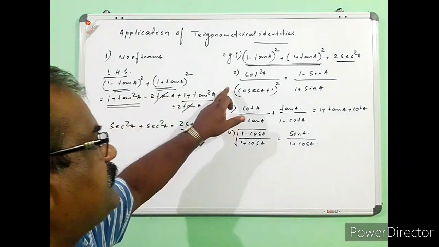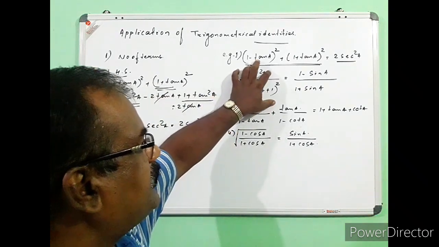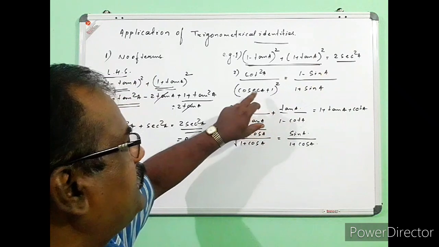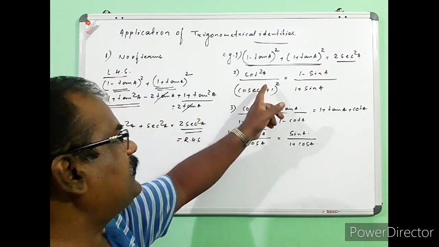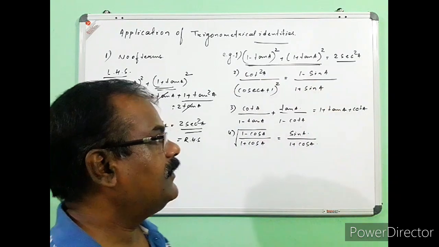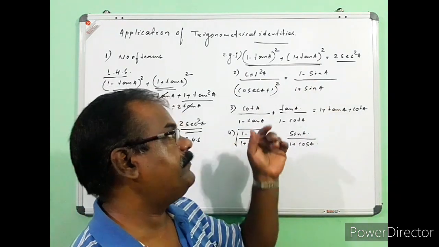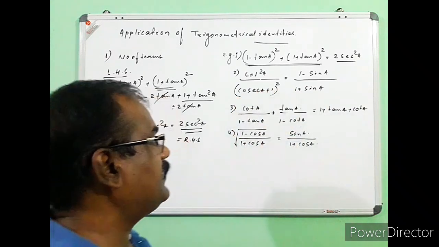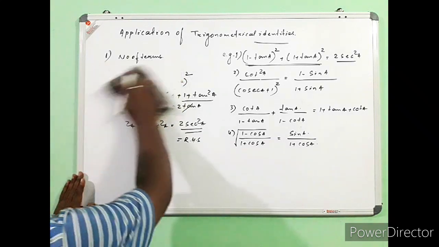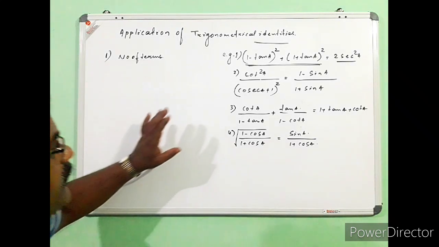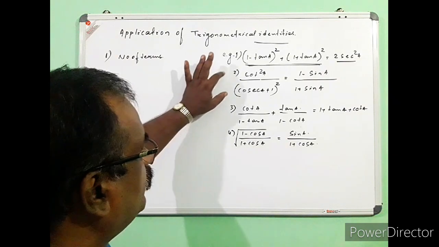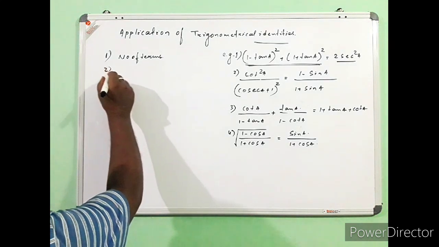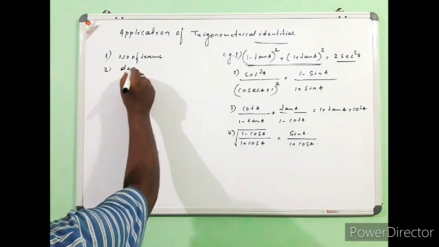Now take an example, the second one. We have seen that here is one term and here also one term. The number of terms on both sides remains the same, but if we look at the degree of the polynomial, in this case the degree is 2, whereas here the degree is 1. So in my opinion it would be easier to analyze the LHS to get the RHS. So the second important thing to remember is the degree of the polynomial. Go from the higher degree to the lower degree, it will be better.